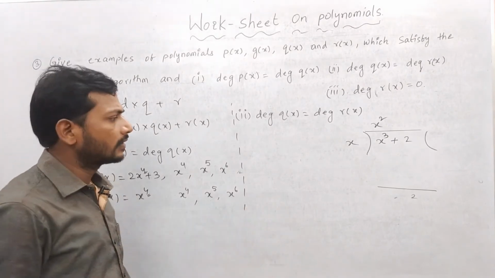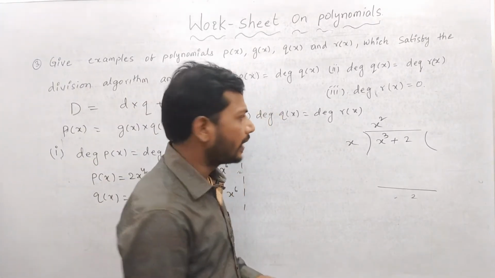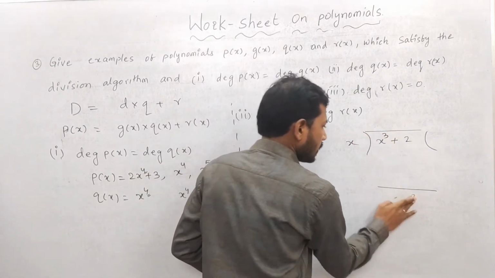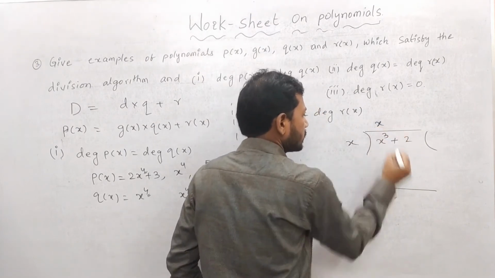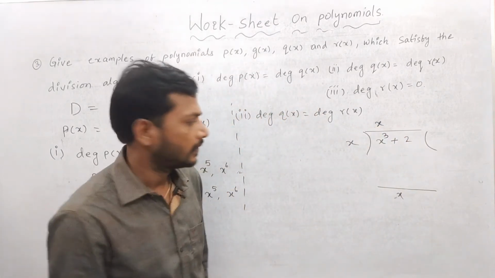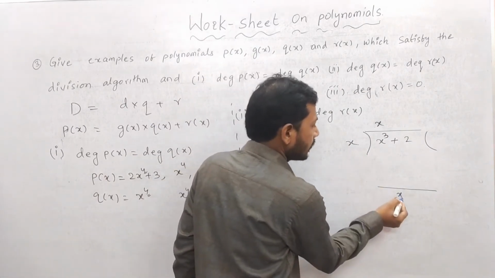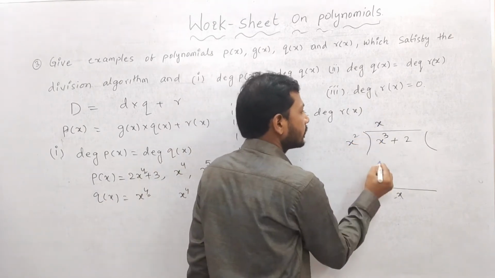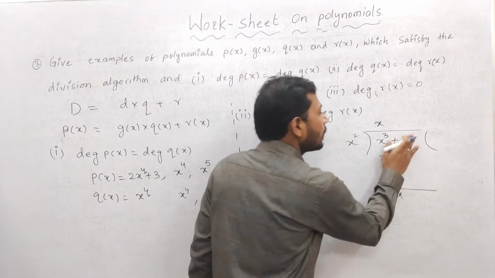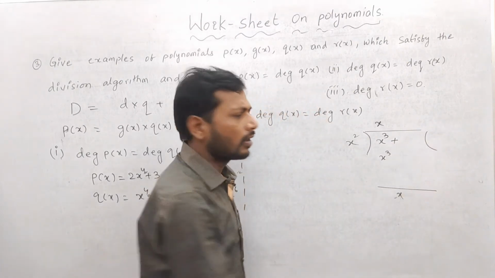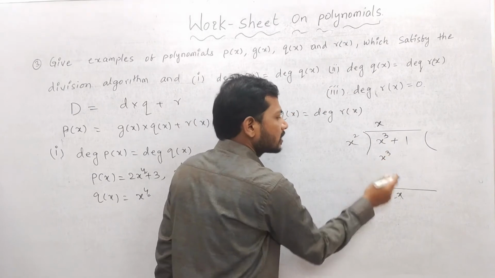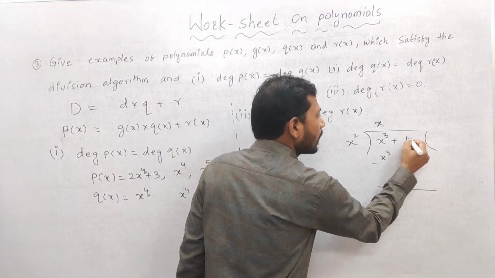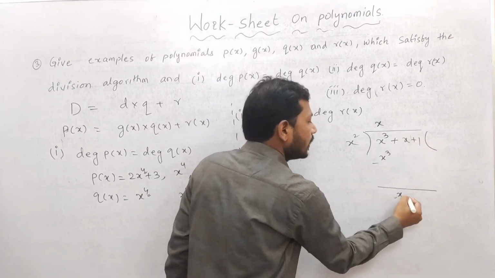Okay, we will do like this. Sir, getting confusion means I will do like this. Sir, x power 3, this is needed here and here, both are the same. Then I am going to take x here, x here. Now what happened? Sir, both x got completed. Then I am going to take x square here. x square into x power 3. Very good. Then I am going to put here any value, you can write 1, 2, 3, something. x power 3 gets cancelled. Then I require here x. Then I am going to write plus 1 plus x, or simply x plus 1. Then it is x plus 1.